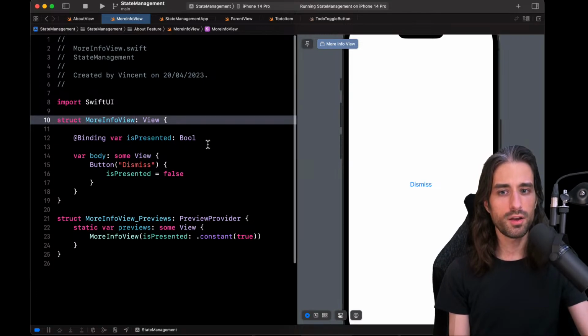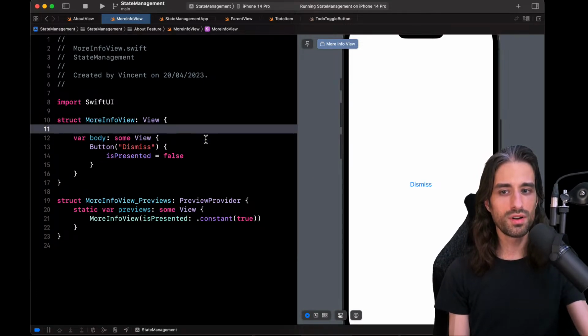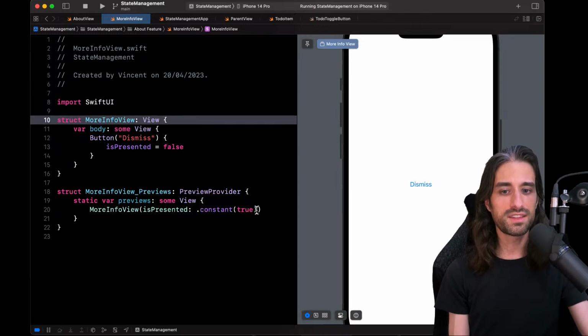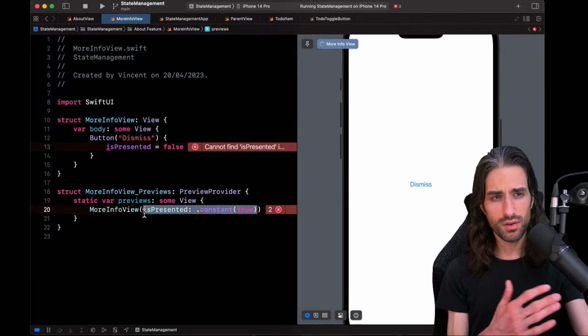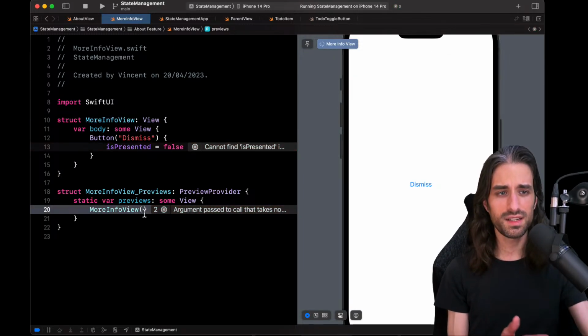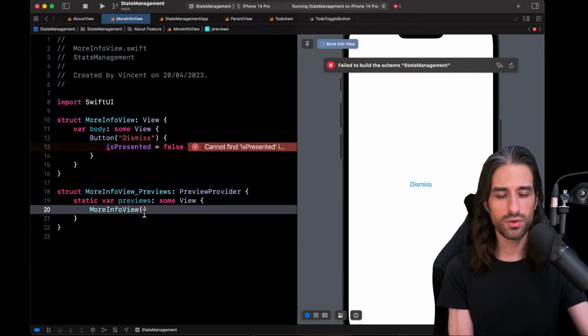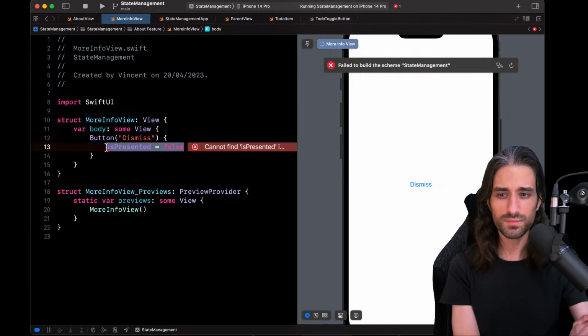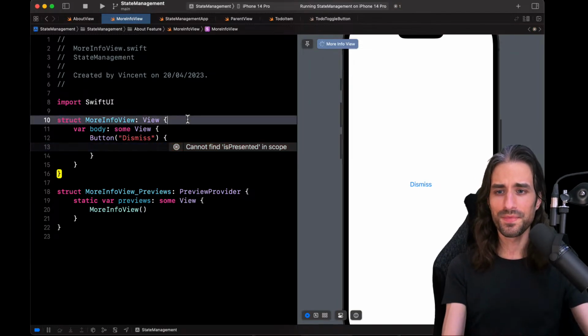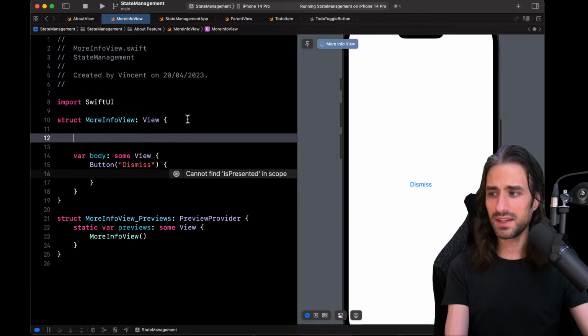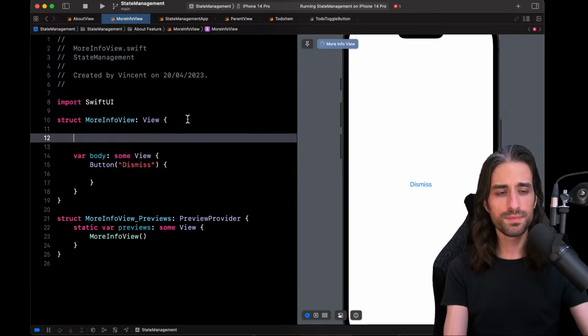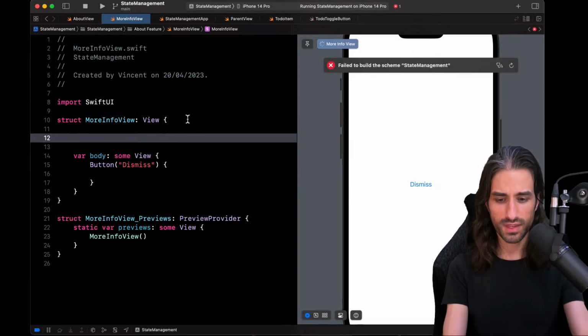It can feel a bit magical, this environment, but it's also extremely useful, and we will see the environment in more detail in a later chapter called Advanced Data Flows in SwiftUI. But here, what I want to show you is that the environment allows the more info view to have a way to dismiss itself. So let me show you how to do that.